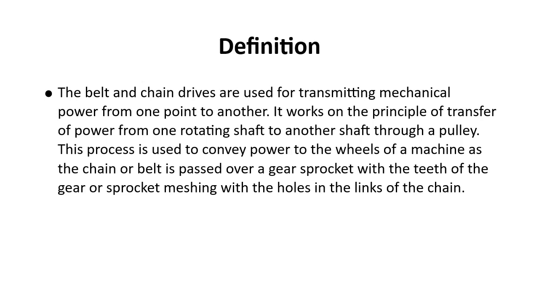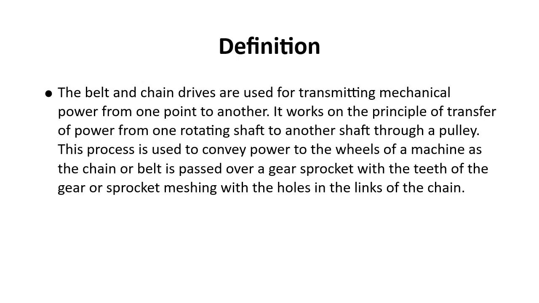To proceed further, let's look at the definition of belt and chain drive. The belt and chain drive are used for transmitting mechanical power from one point to another. It works on the principle of transfer of power from one rotating shaft to another shaft through a pulley. This process is used to convey power to the wheels of a machine as the chain or belt is passed over a gear sprocket, with the teeth of the gear or sprocket meshing with the holes in the links of